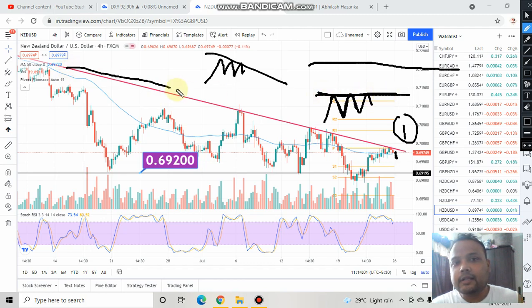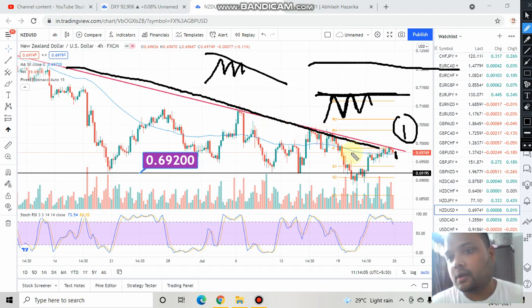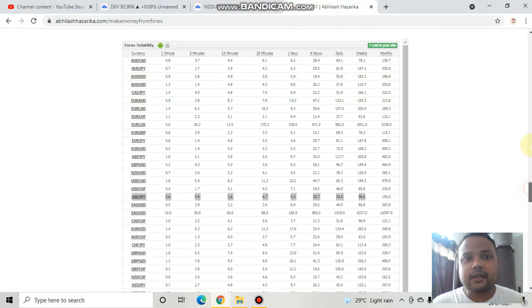But this trend line, you can see that this trend line is not losing its strength as well, and this is a dynamic one. Okay, therefore I'm still recommending a sell here if market reverses on Monday. On the other hand, if we look at the currency strength sentiment meter,